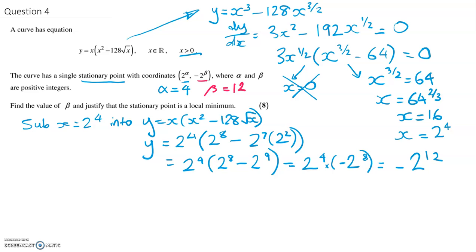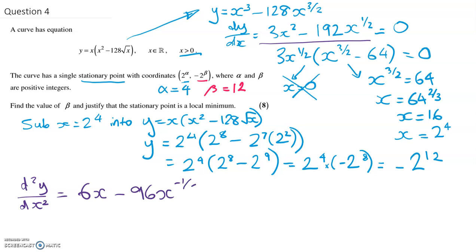Okay, the next part says justify that the stationary point is a local minimum. So what we do to figure out whether it's a minimum, maximum, or point of inflection is we double differentiate. So I need to differentiate this equation here, and I end up with 6x minus 96x to the minus a half. We then sub in our x value, and we end up with